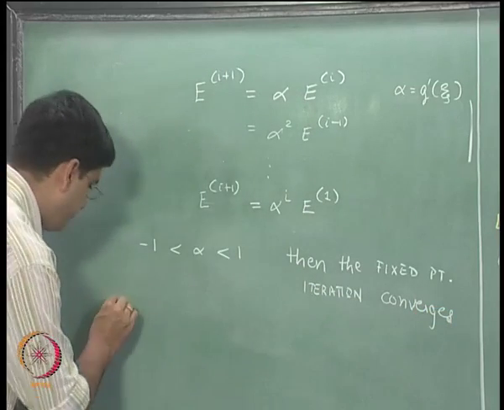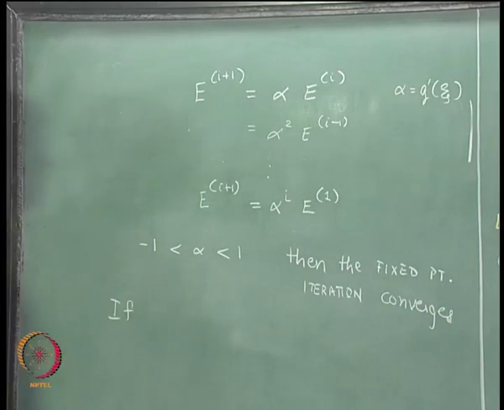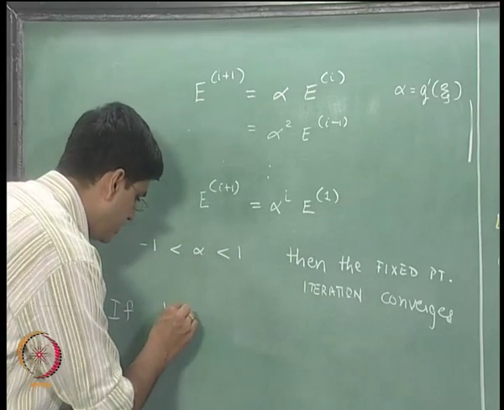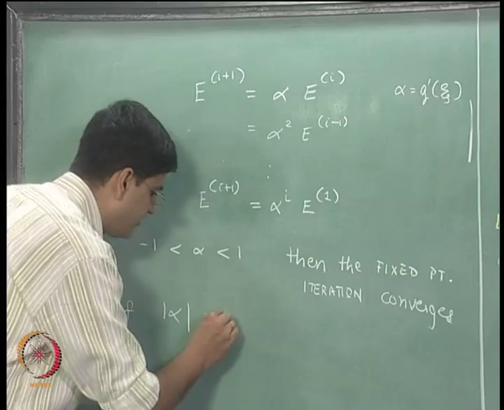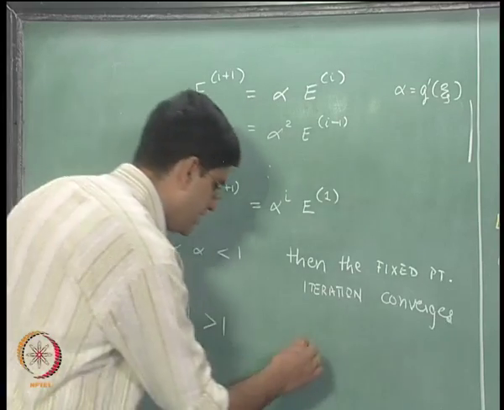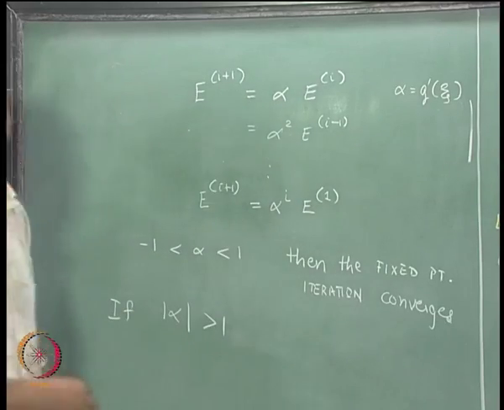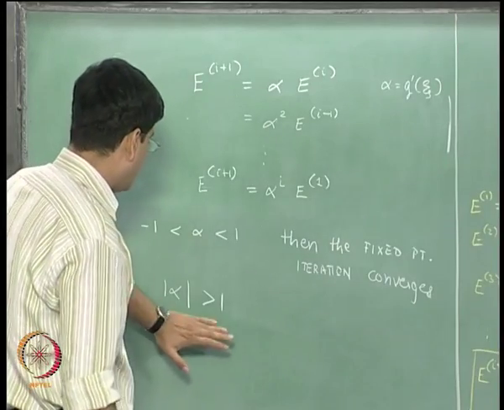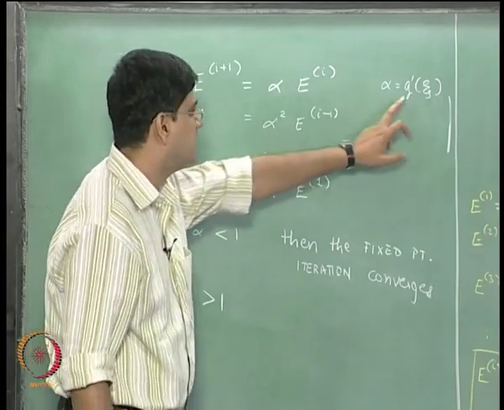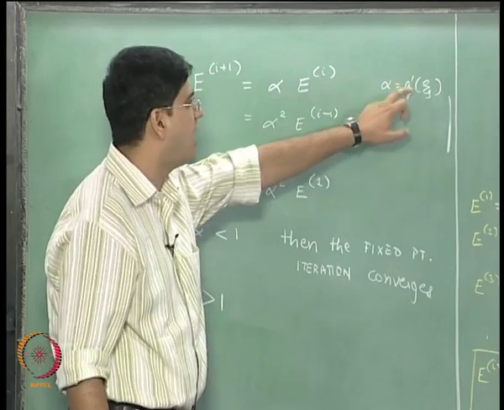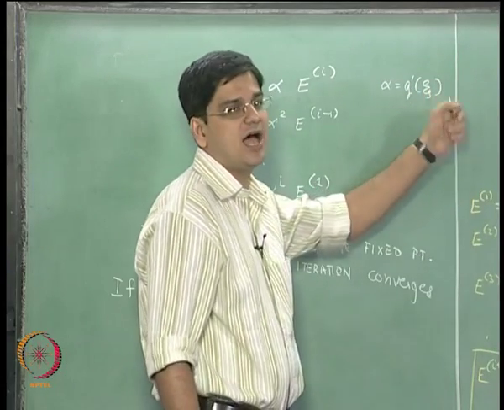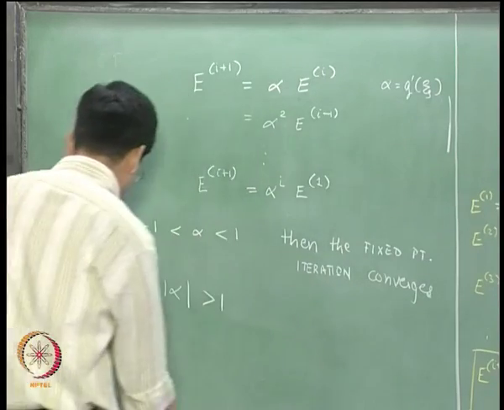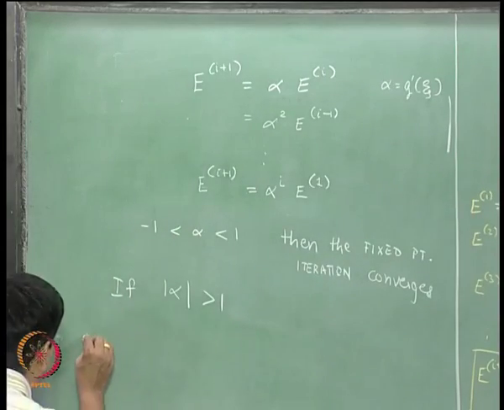Okay. And if alpha is greater than 1, or if alpha is less than minus 1, in other words if the absolute value of alpha is greater than 1, then the fixed point iteration is not guaranteed to converge. Okay. So just to summarize, alpha is nothing but g dash of zeta, and we are going to approximate zeta as our xi. So to summarize, our fixed point iteration has linear rate of convergence